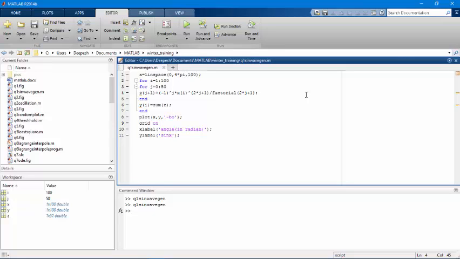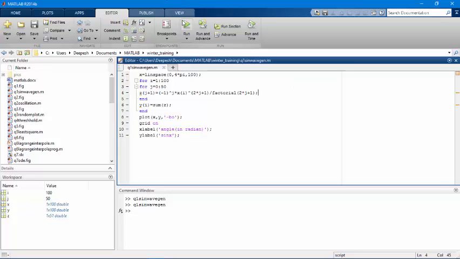In this video, I am going to show you how to generate a sine wave using 4 different ways. First, via code. Second, via inbuilt function. Third, via sine block in Simulink. Fourth, via signal generator in Simulink. And lastly, I am going to show you how to generate a frequency varying sine wave.